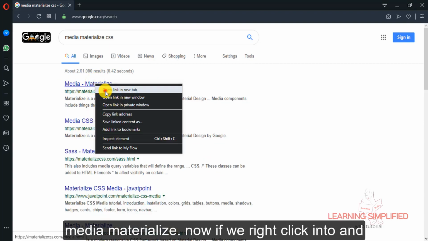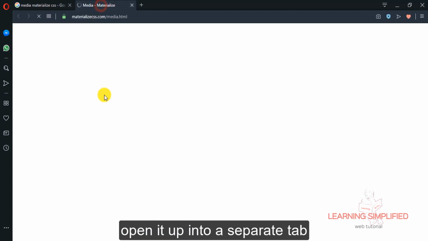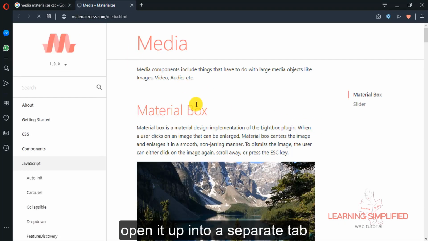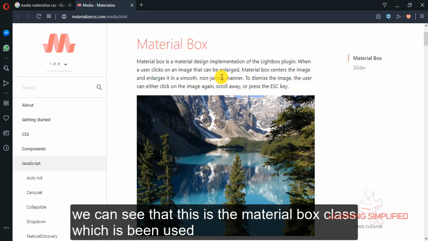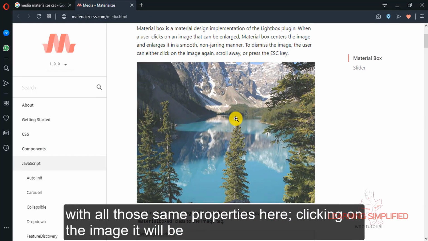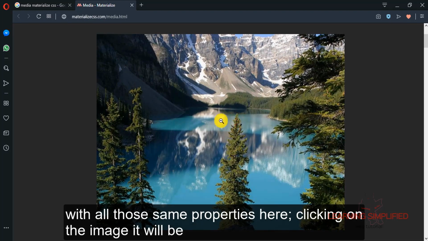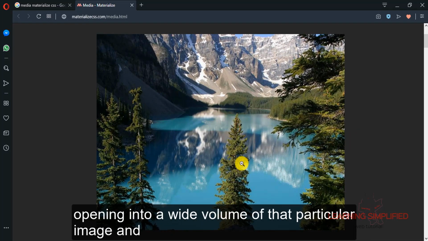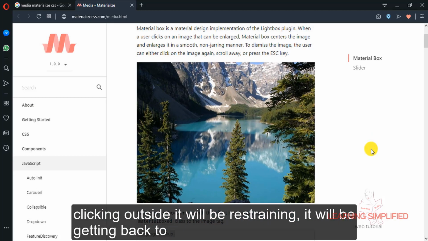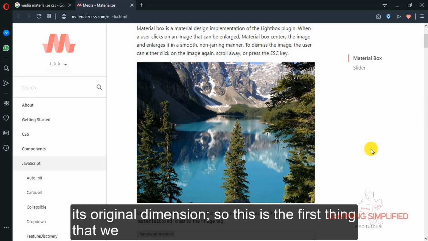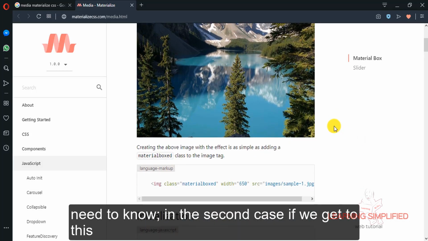Now if we right click and open it in a separate tab, we can see that this is the materialboxed class which is being used with all those same properties here. Clicking on the image, it will open into a wider view of that particular image, and clicking outside, it will get back to its original dimension. So this is the first thing that we need to know.